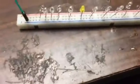Okay? So, something I want to explain to you. Let's go ahead and turn them off. Something I want to explain to you with these. I got these set up like this one here. The long side is the positive side, and that's on the positive rail, okay? Which is on the rail coming from the ground,